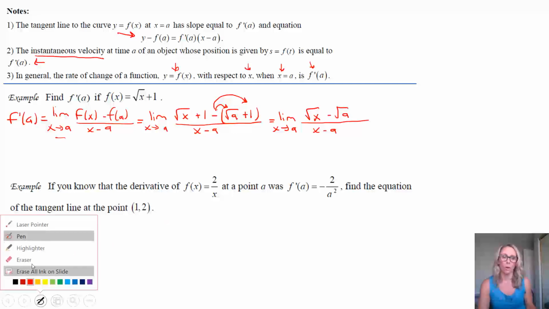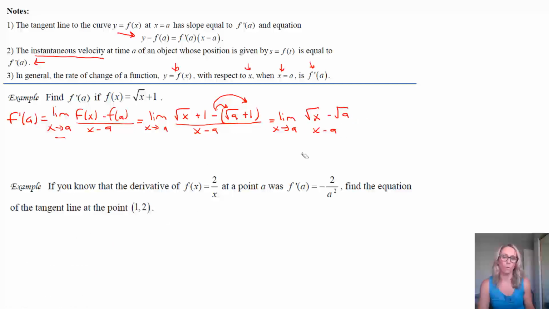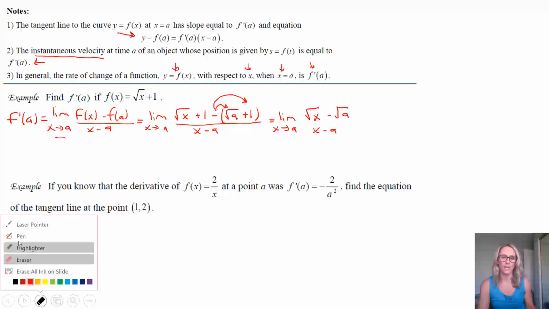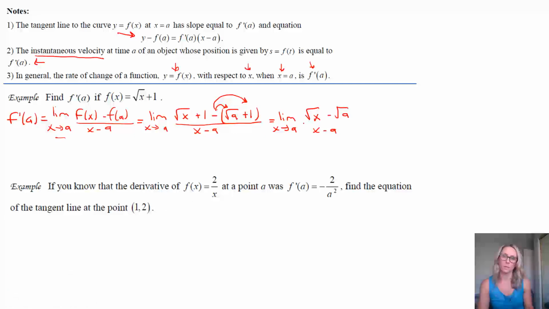And what you might be thinking now, hopefully, is that the last time we did a limit with a square root, it was only one square root that time, but we used the conjugate in order to simplify. Because right now, as x approaches a, if you were to plug in a, because that's what you're trying to approach, you're going to get 0 over 0. And we know that's a problem. But we also know that the most common way to fix that is by using the conjugate. So that's what we're going to do. We're going to use the conjugate and see what happens. And I'll tell you, it's good stuff.